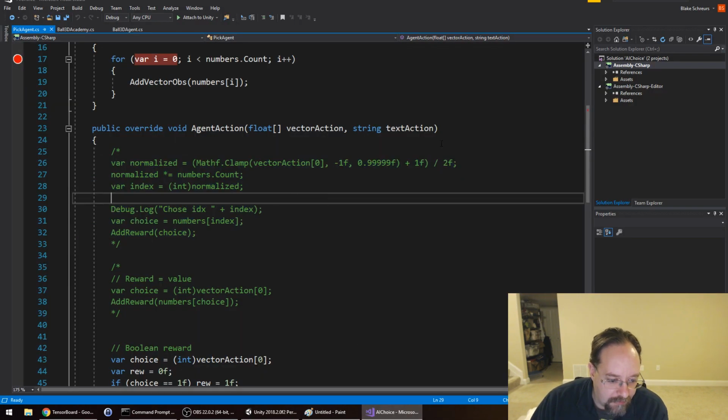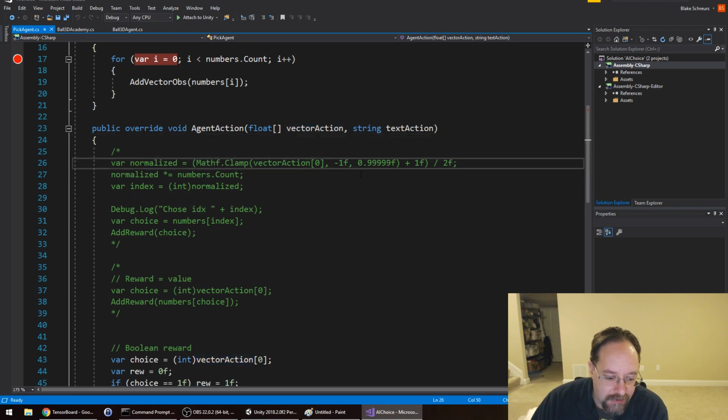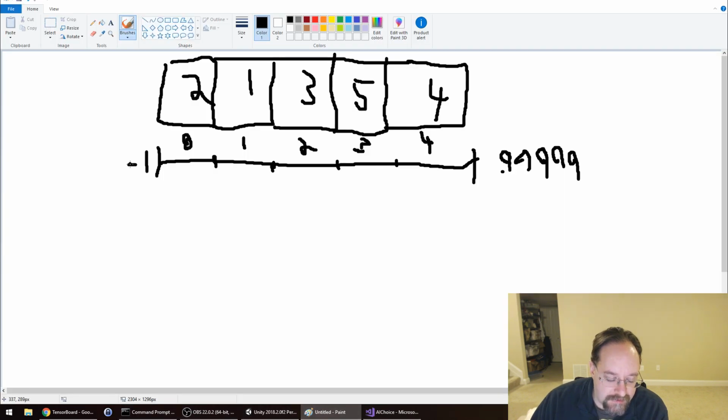And so we took the action from the ML agent, and we clamped it to -1 to 5 nines. And then I added 1, which means that instead of -1 to that, we remapped it so that that is a 0, and that is 1.999,